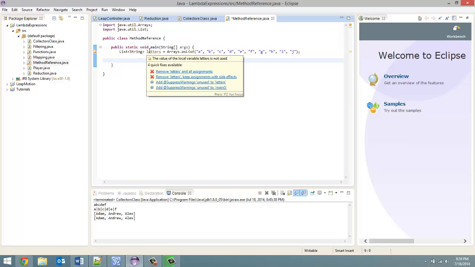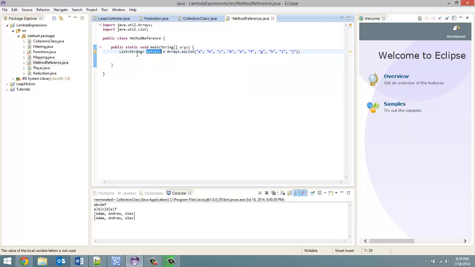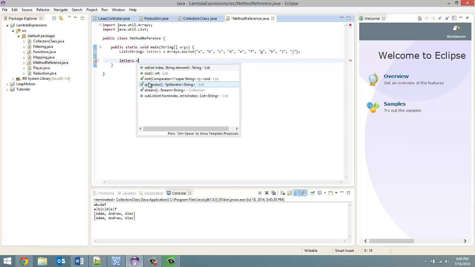First, what I did before the video started, I made this list of strings called letters, and I just put in the letters A through J. I'm not going to do a Java 7 example here. It's not necessary. I'm just going to go right to the Java 8 example. Our terminal operation is going to print out each one of these letters, so we aren't going to be creating a new variable. We're just going to take our letters list, stream it,